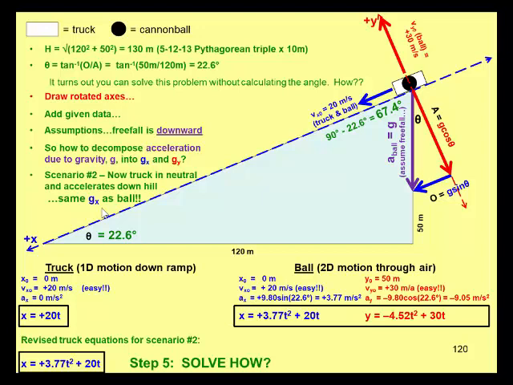So in summary, we were able to use a rotated axis to make this a much simpler solution. It takes less work, and you can visually see what's happening a little bit easier than you could when you didn't rotate the axis. And we'll see that we can use